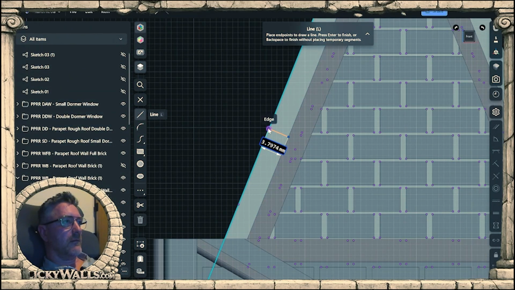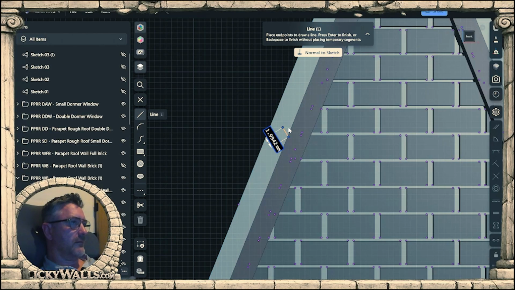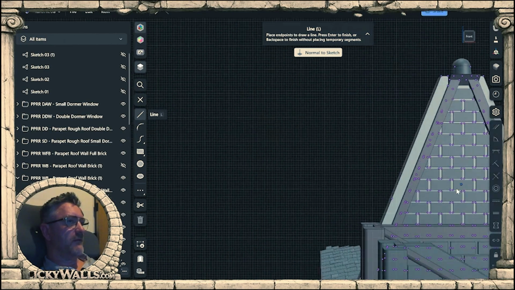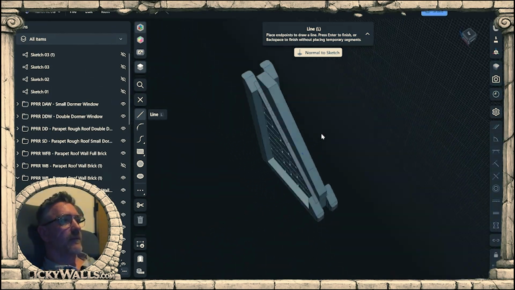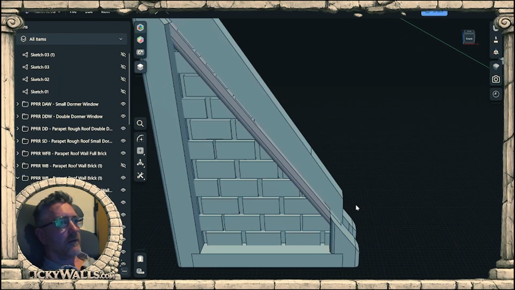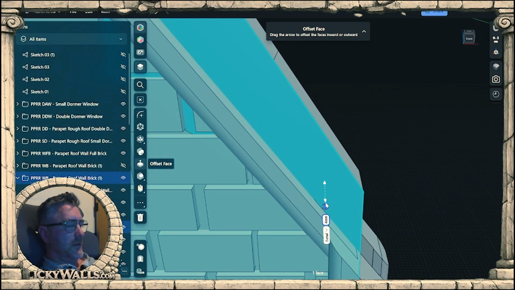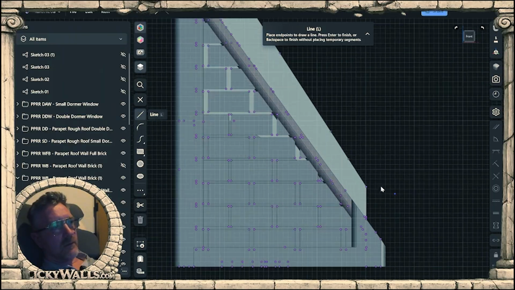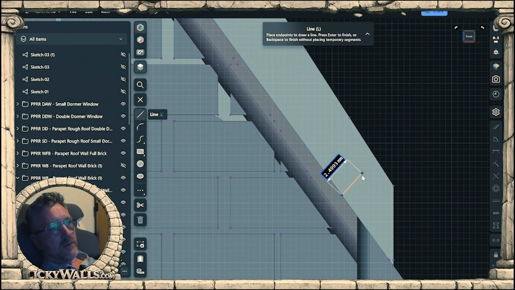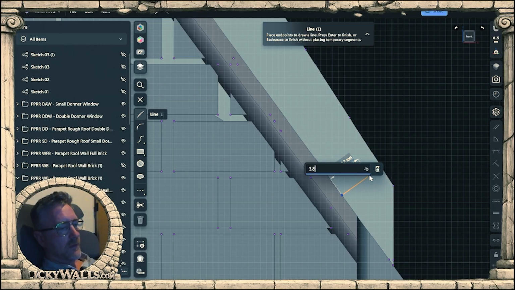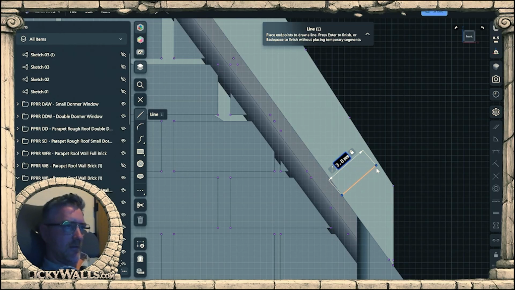That, oh, 3.8. Near enough. So then all I'll do is, if I just do that perpendicular to that, 3.8, and that gives me my line, and then I'll just roughly 90 degree it on there,